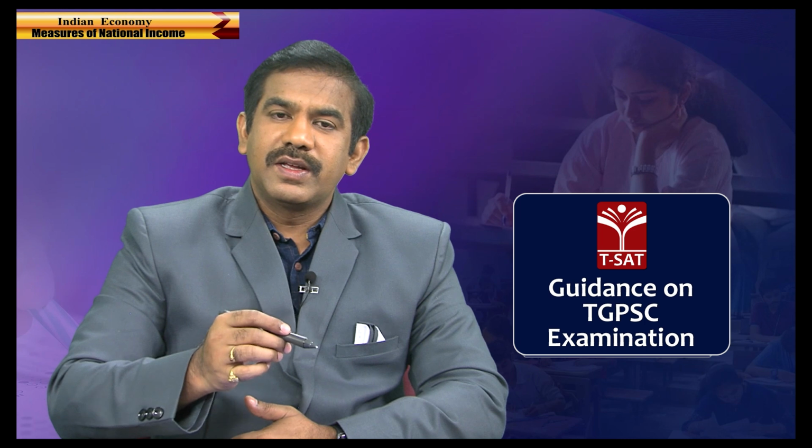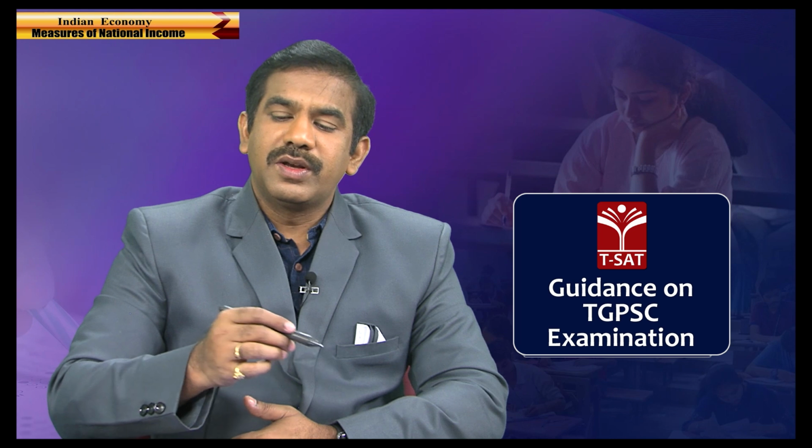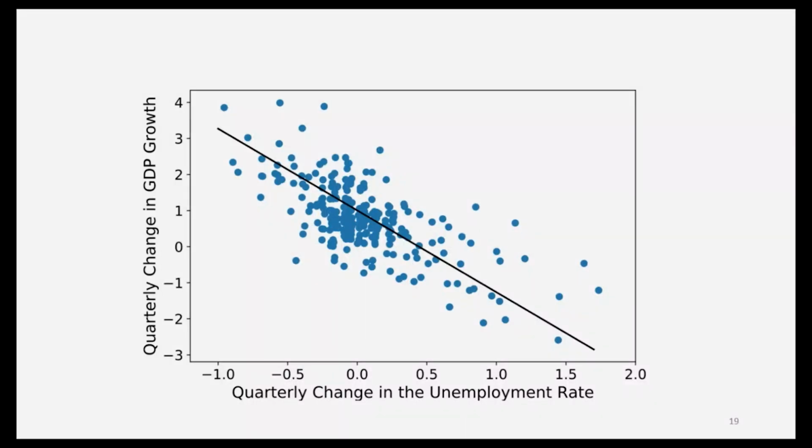When it comes to the second case, I am trying to compute the same at the prices prevailing in a base year, and that is the difference between nominal and real GDP. Okay. And now let us go ahead and try to understand one important concept, that is Okun's law. Okun's law is simply named after an economist who came up with this particular establishment.